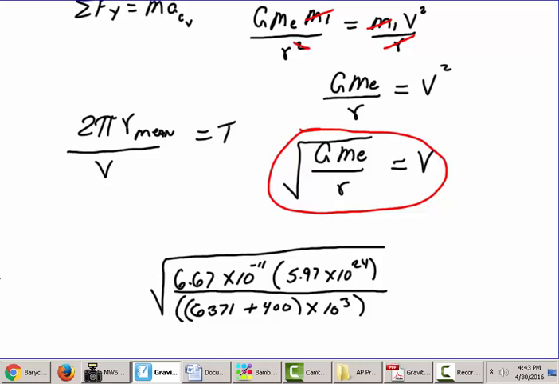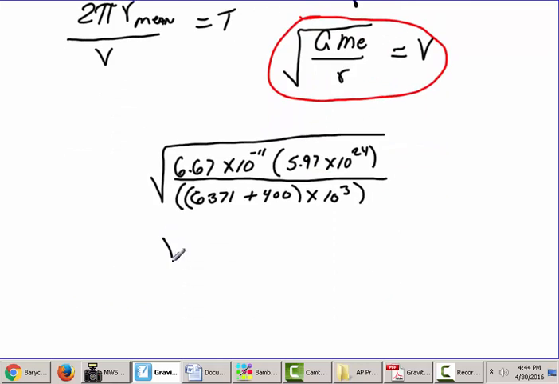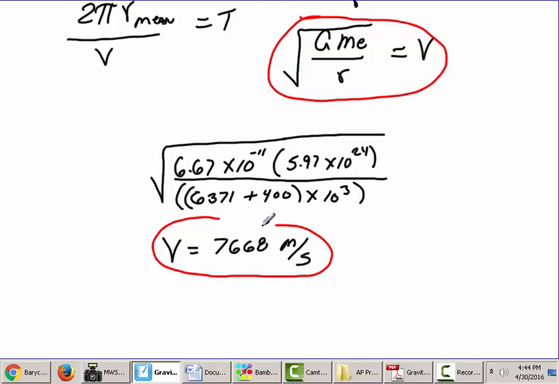And I believe if you run that number, you're going to get the velocity is going to equal 7668, I believe, meters per second. So again, that's going to be the velocity to maintain something in orbit, like a satellite or something that has a small mass. All right, I'm going to work a problem now that's a little bit more complicated, and it's